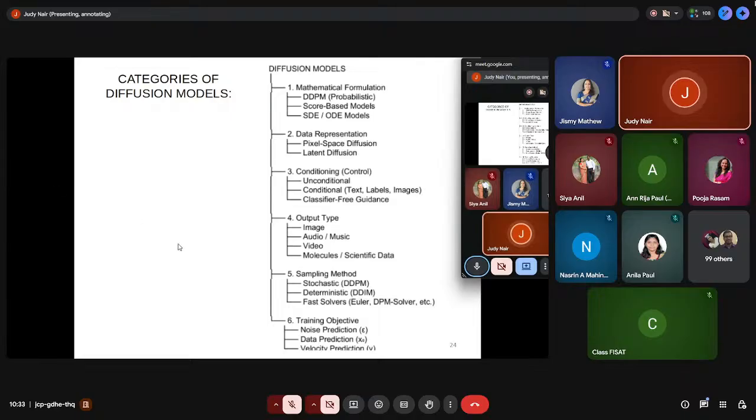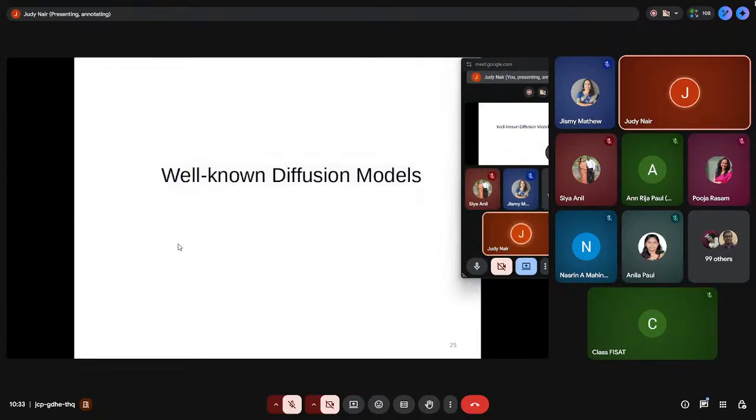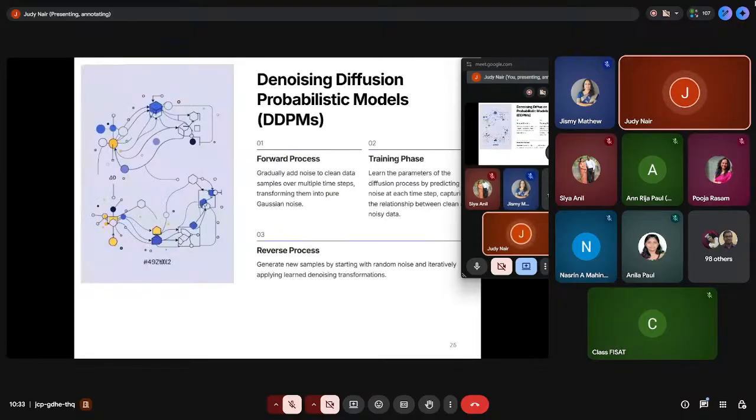Now we will see the next one. There are many well-known diffusion models available, and we will just see one or two. The base concept is the same, though as I said, they use different techniques for building the model.